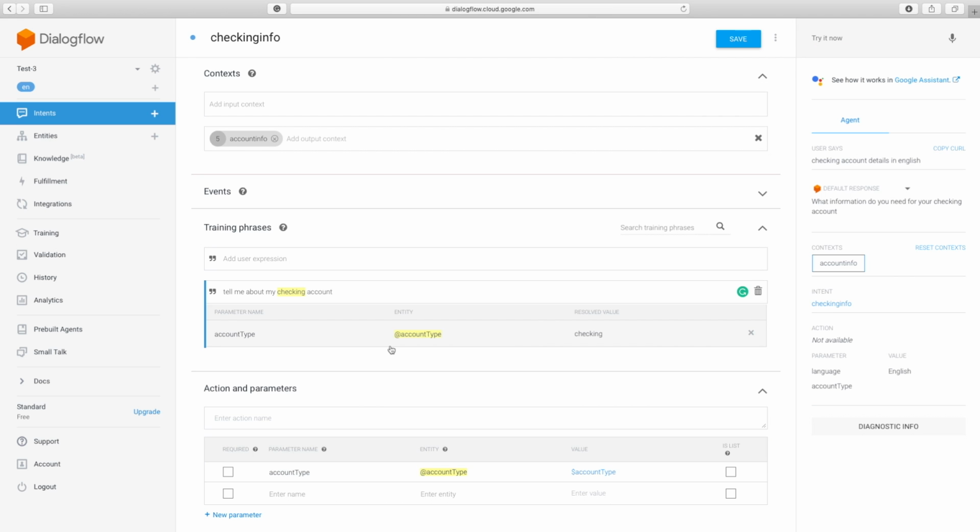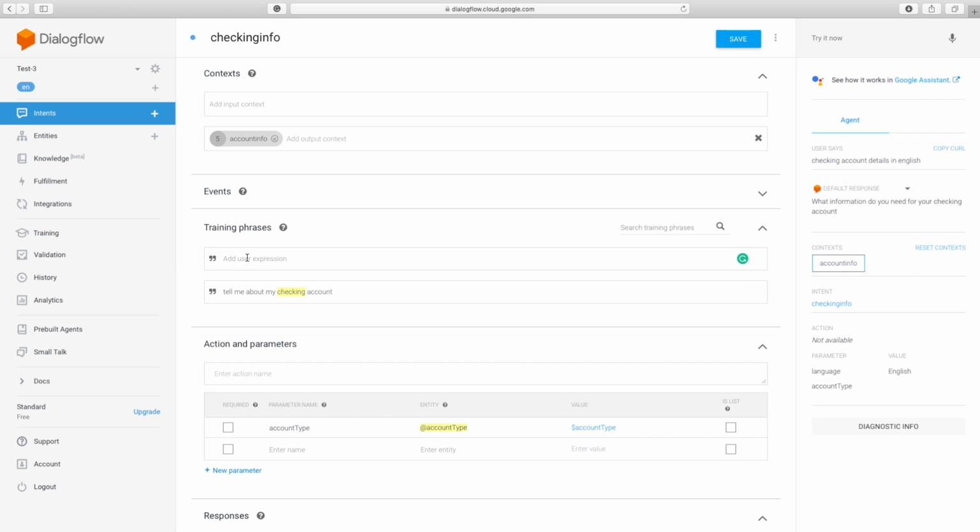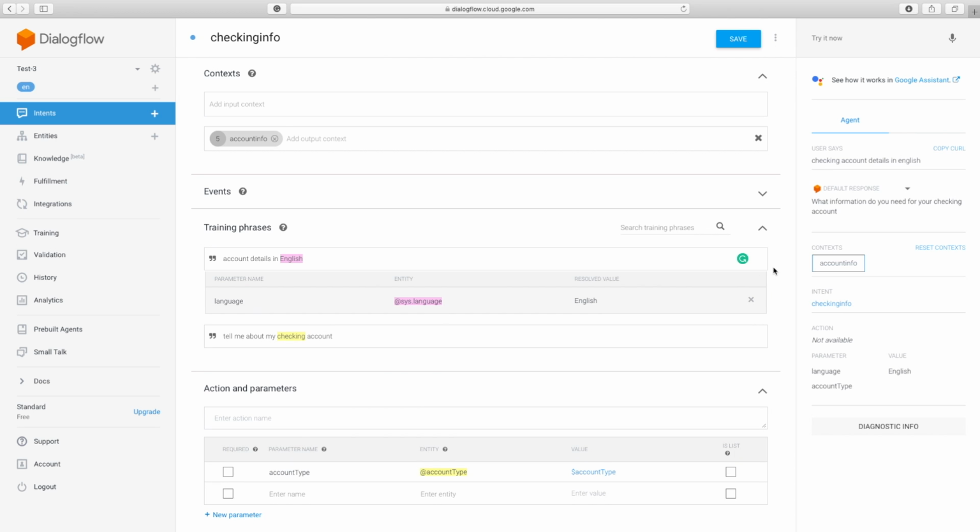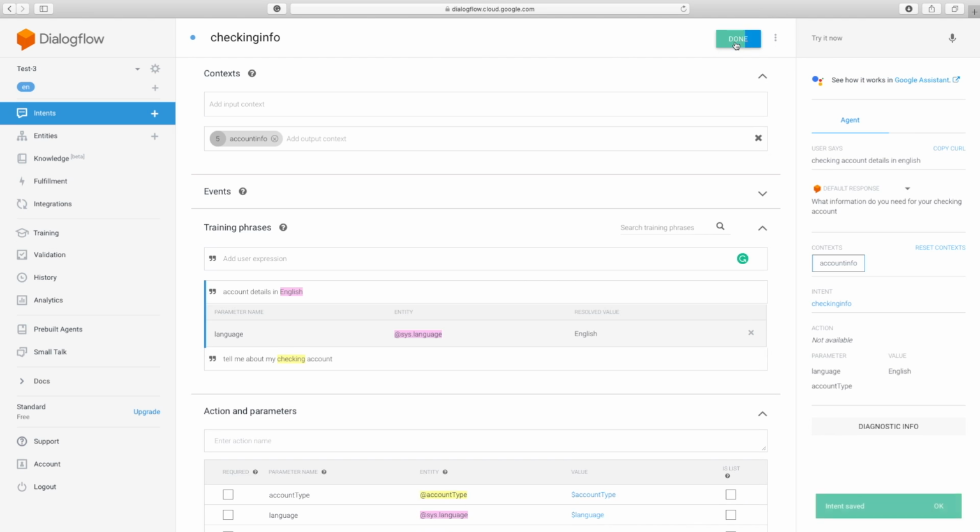So let's see how we can add a system entity. Let me add the training phrase here, account detail in English. Now let me map this English with the language. So you can see that it says system, which signifies that this is a system entity. So when you select this and save it,